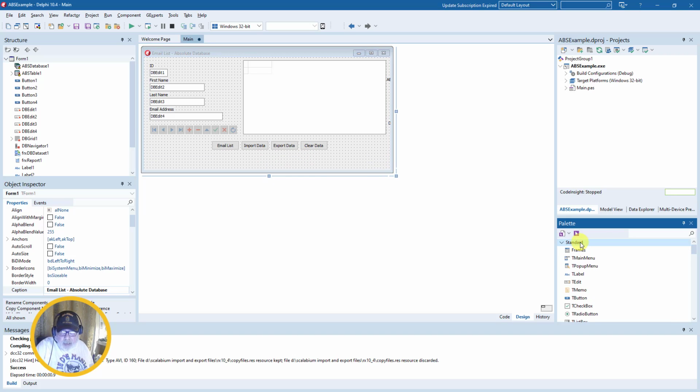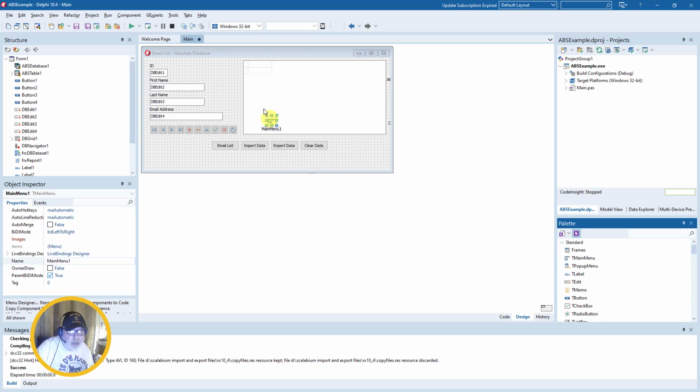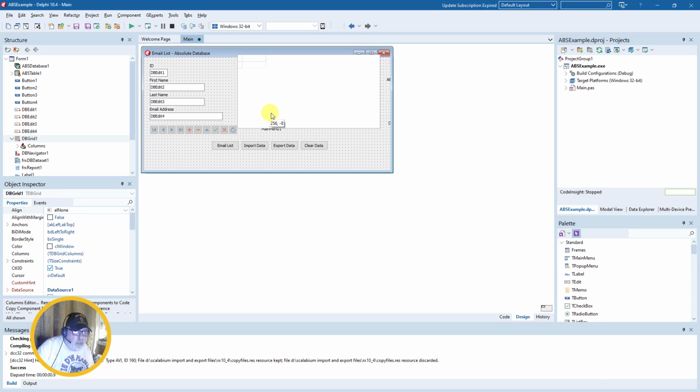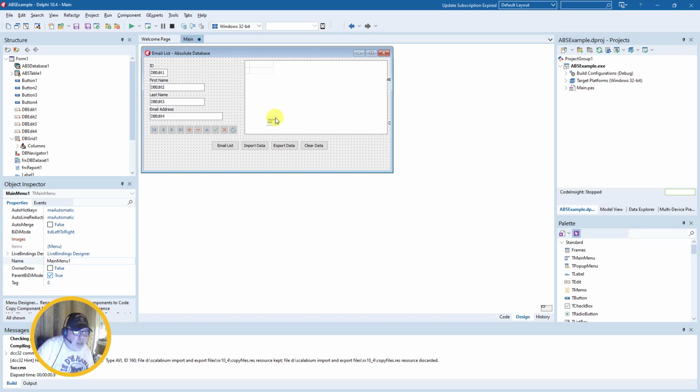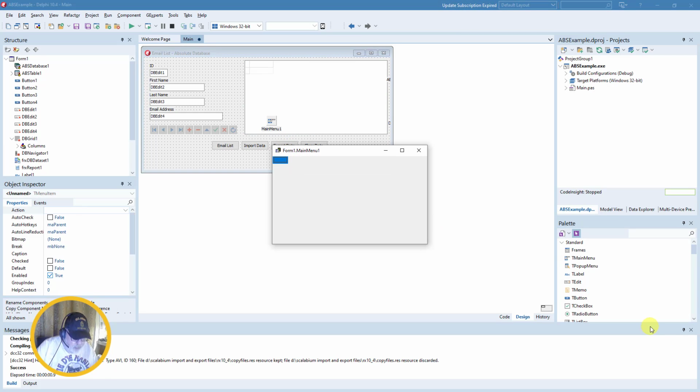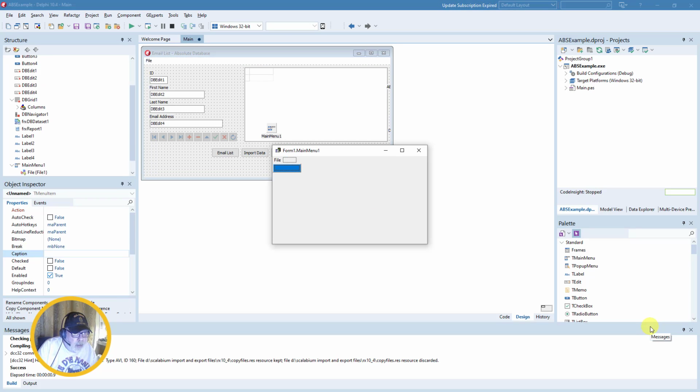We'll go to the standard and pick main menu, and whoops, double click the main menu, and we'll just type, this is standard, and then we'll type exit. How's that? Yep. Let's see, I did that wrong. Exit. Now what happens? Well, double click on exit,